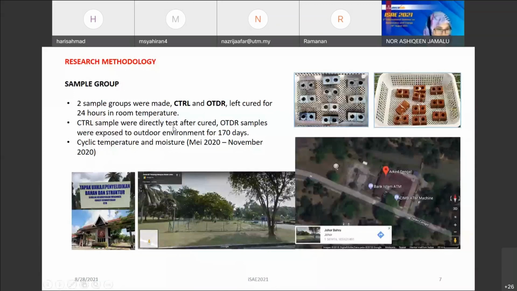At Tapak Uji Kaji Penyelidikan Bahan Struktur, UTM. This location is in the